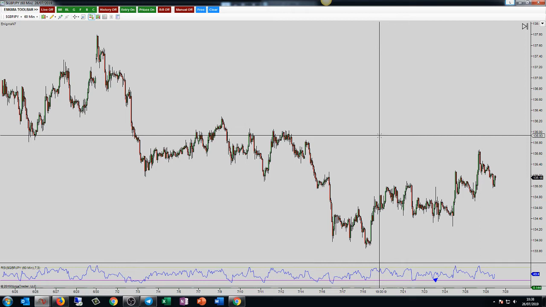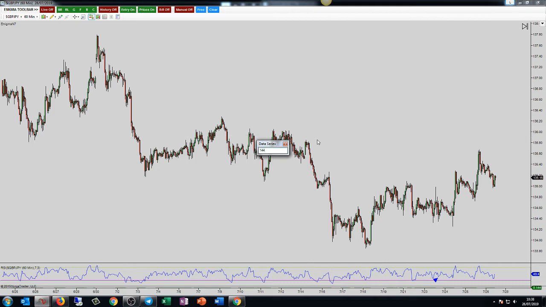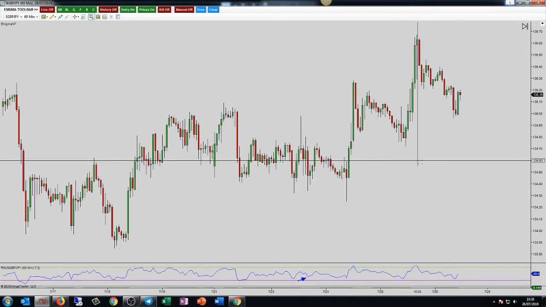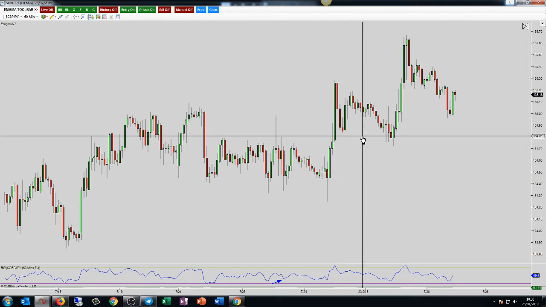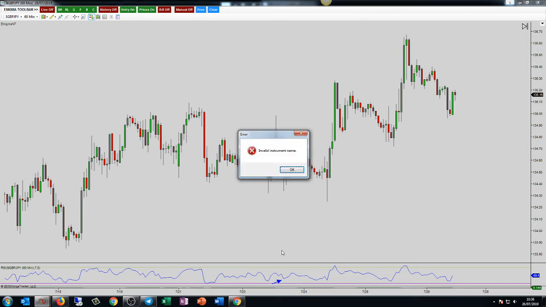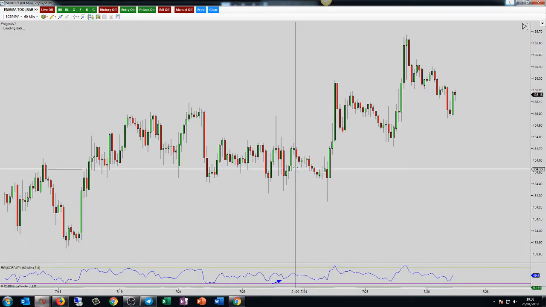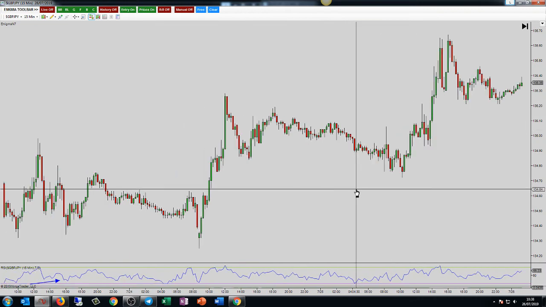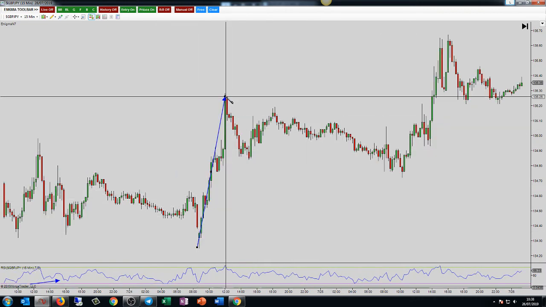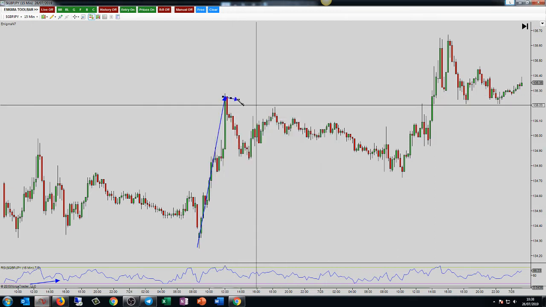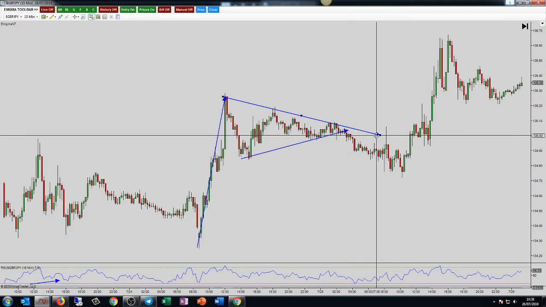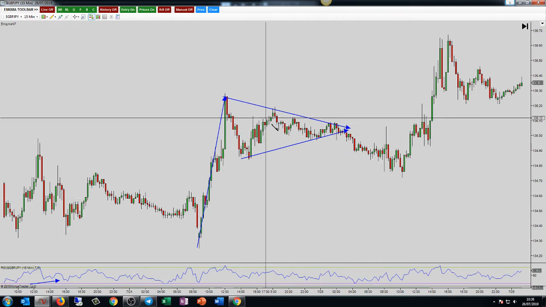Did anybody have their stop a bit further back than I did on the pound yen? And did anybody then get their targets hit? For the pound yen, I think this was the trade here. Let's just go and take a quick look at it. Yeah, this was it. So a directional move. I think we were looking at this as a pennant or wedge pattern, whatever you call it. It's irrelevant, just as long as you know how it works.